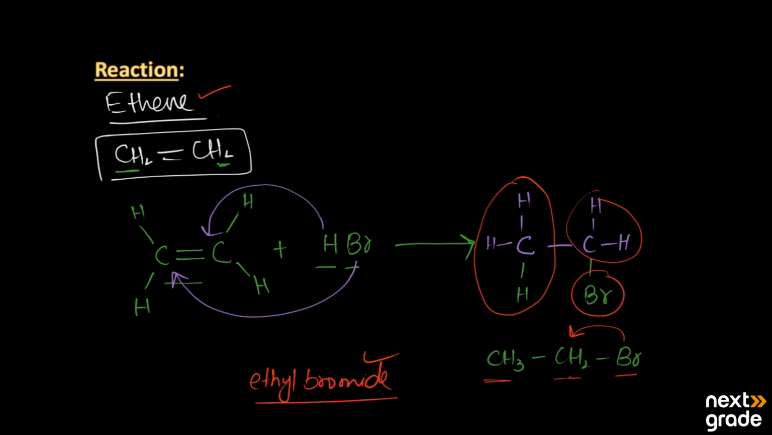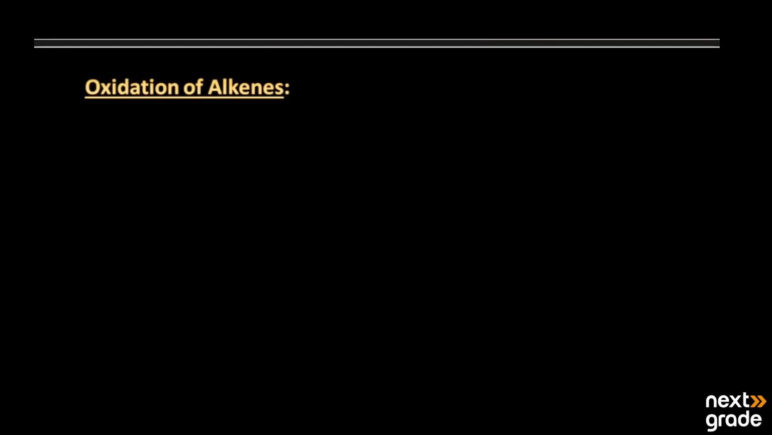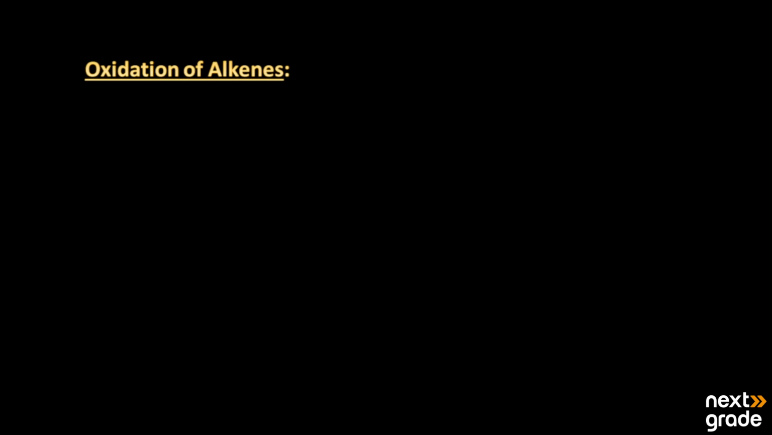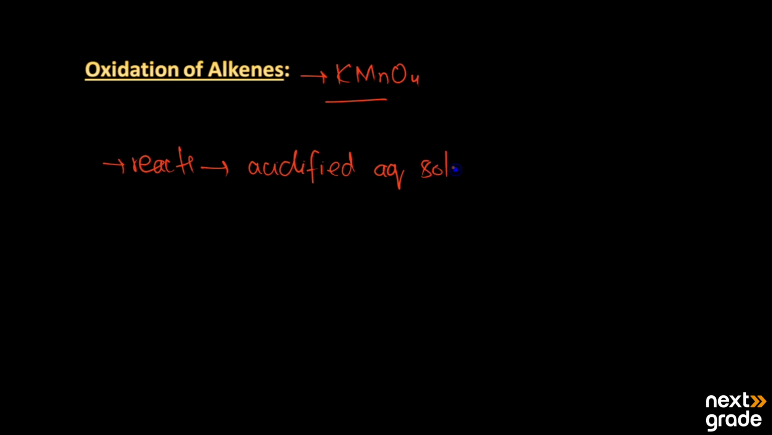Next, we have the second chemical property of the alkenes, their oxidation. When we do the oxidation of the alkenes, it always takes place with the help of a chemical substance, KMnO4, potassium permanganate. Oxidation will take place in the presence of KMnO4. So alkenes basically react with the acidified aqueous solutions of potassium permanganate, that is KMnO4,